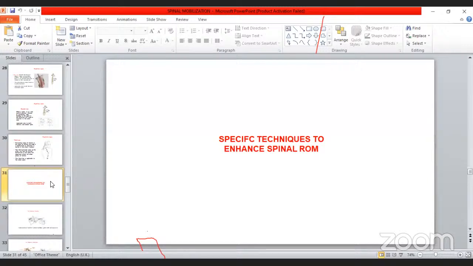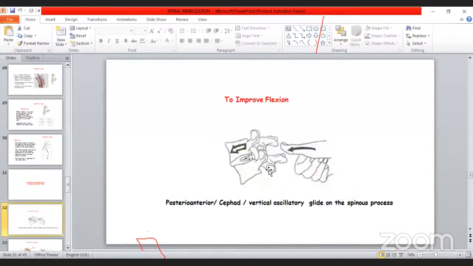All right? If you have a patient that comes to your clinic and the diagnosis says L4, L5 spondylosis, and this patient is already having reduced range of motion in all directions, what technique will you do to promote flexion, to promote extension, to promote rotation, to promote side flexion? That's what we want to look at. I hope you are with me. Now let's go to the next slide. Now, if you look at this slide,